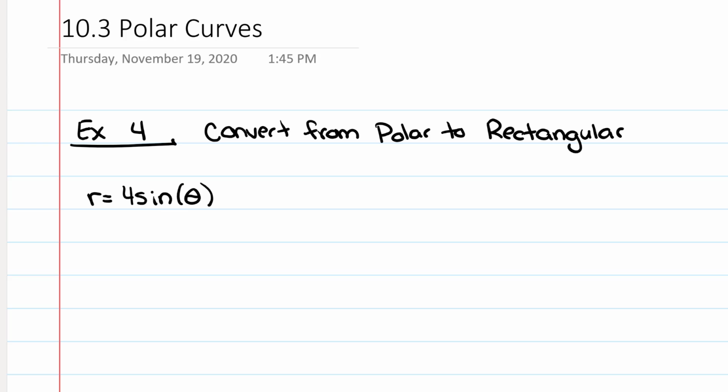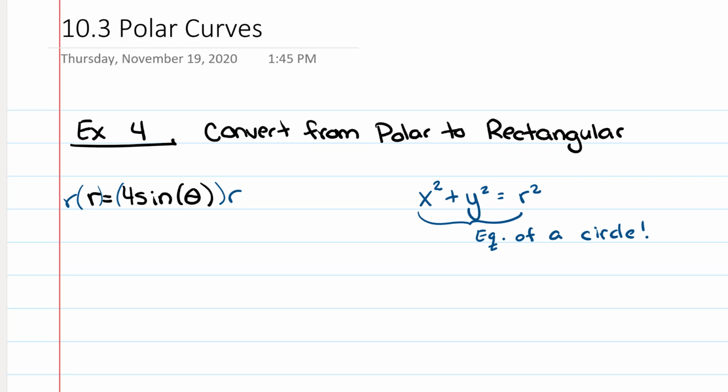So there's a couple tricks when it comes to polar in order to turn them into Cartesian and rectangular equations. And one of them is we're definitely going to need to remember that x squared plus y squared is equal to r squared. This right here, this is our equation of a circle. So, ideally, I'm going to want to try to get an r squared in here. So, what I'm going to do is I'm going to multiply both sides by r. So I get r squared is equal to